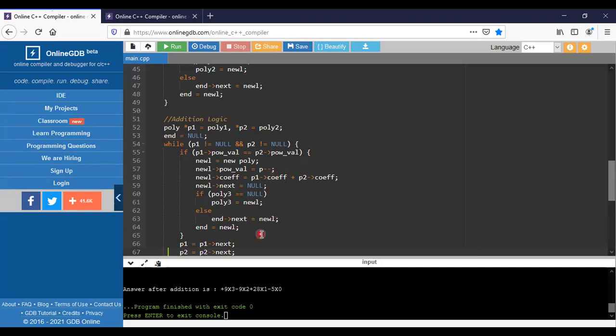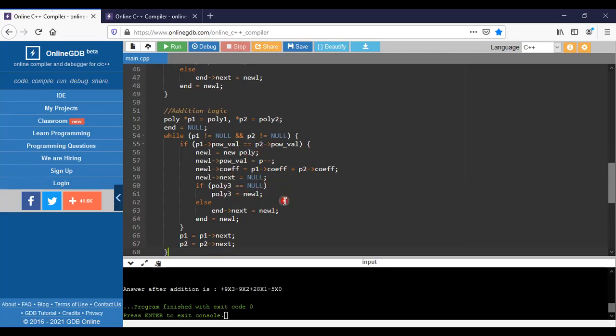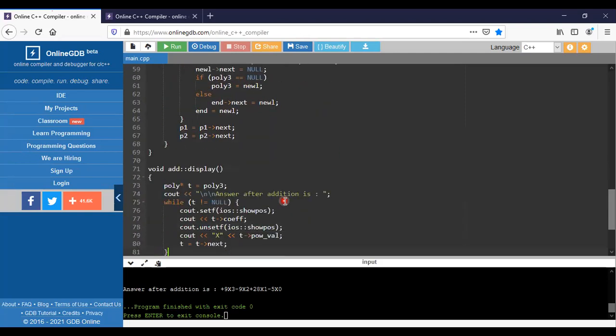In this loop, what we are performing is the power comparison, after getting these values. Whenever these two power values are equal, then only we perform the addition. It means if it is 0, then it should be 0. If not, it won't perform any action here. After that, all these things are placed into that one.